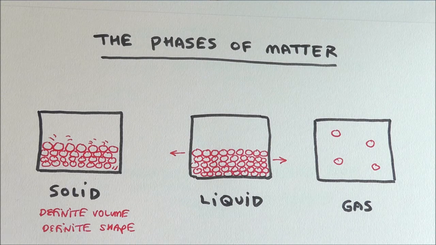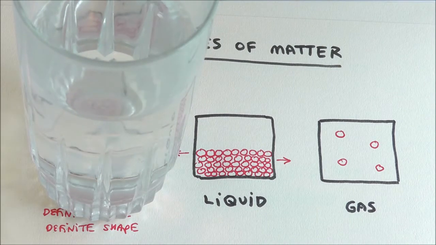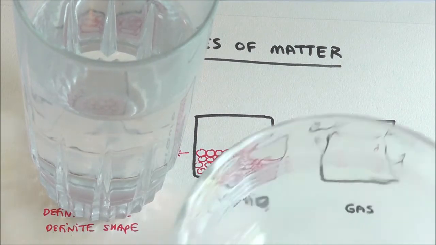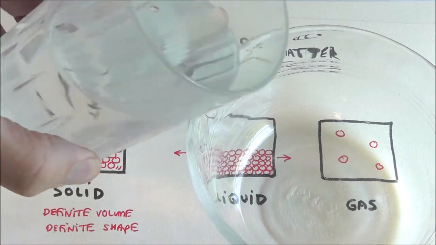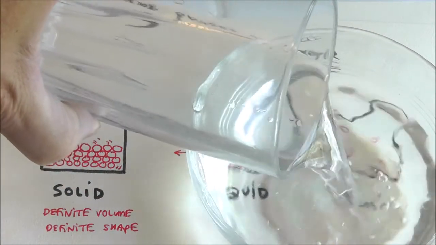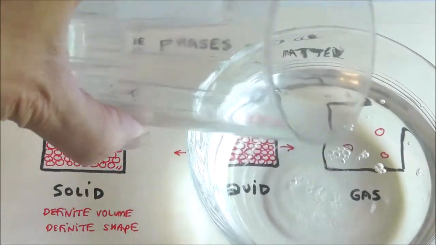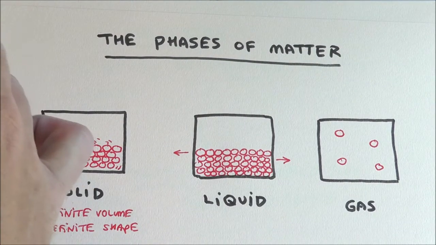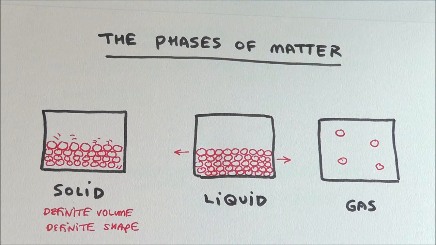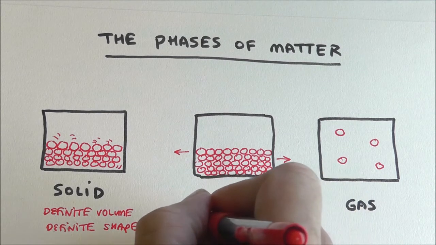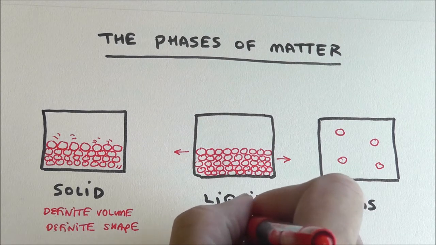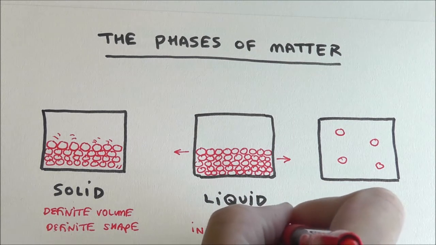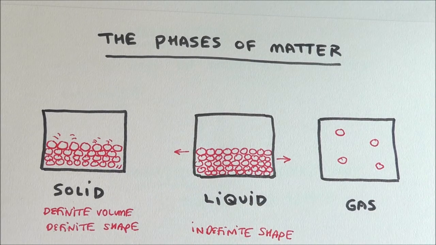Now, what if I take this water in this glass? You're going to find out that the volume is the same, but I could take this bowl and I could pour it into the bowl, and it's going to adopt the shape of the bowl or whatever container I was going to put it into. And so what you got going on here, because of that ability of the layers of molecules to slide along each other, they will change their shape. So this would be indefinite shape, or the shape is very passive. It'll adopt the shape of the container.